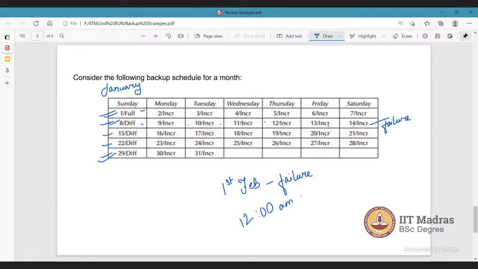Then there is a question of how much data was in this external drive. But if it is a system failure and the external drive has not failed, then what? In that case, till the 13th I have that data. So will I take it again or not? I'm trying to understand this situation. That's why it is not clear.